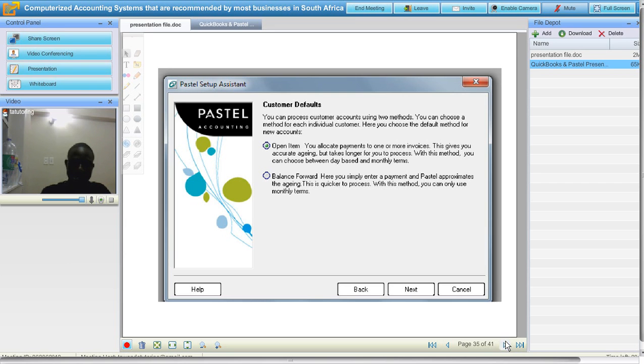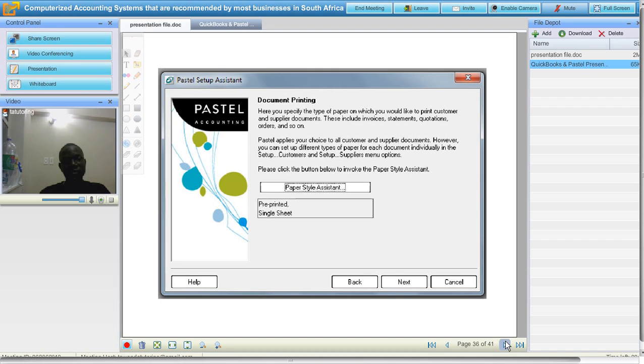Then you click next. Now, I've been working with Pastel for quite some time. I'm a certified Pastel technician. Pastel gives problems with wrong printer settings. By default, Pastel should be set to print to A4. If you set it to letter or any other format, it will always give you some problems. It will give you some errors, which is a funny thing.